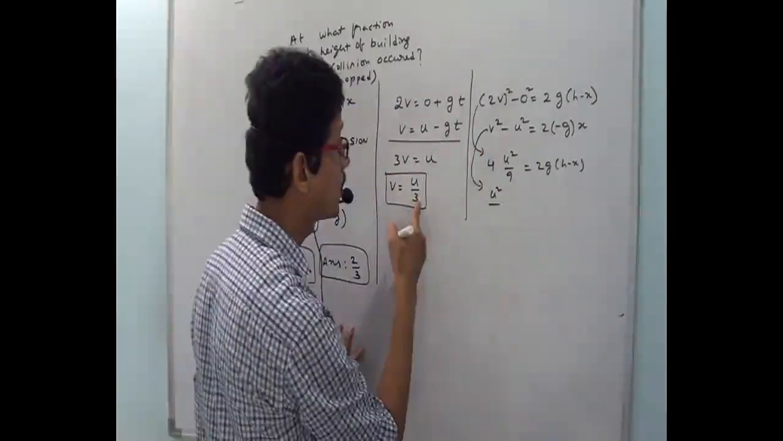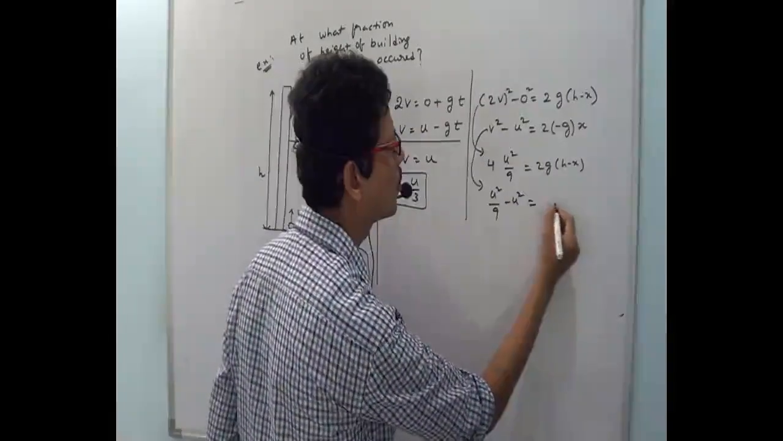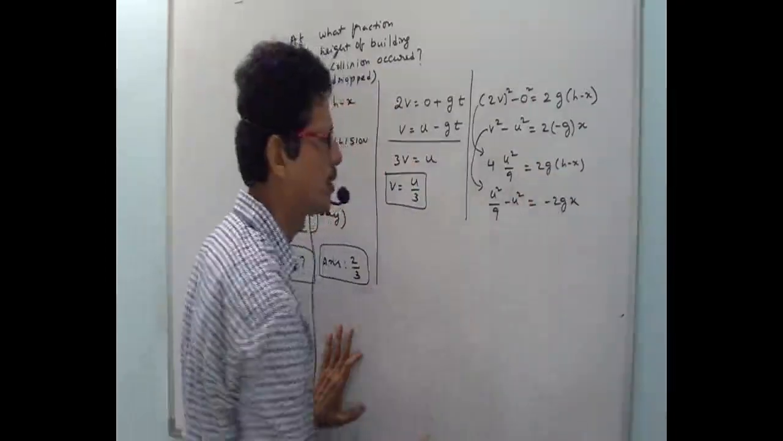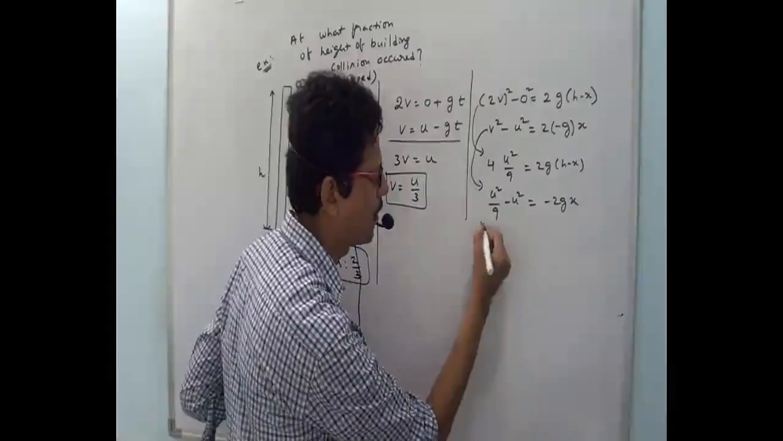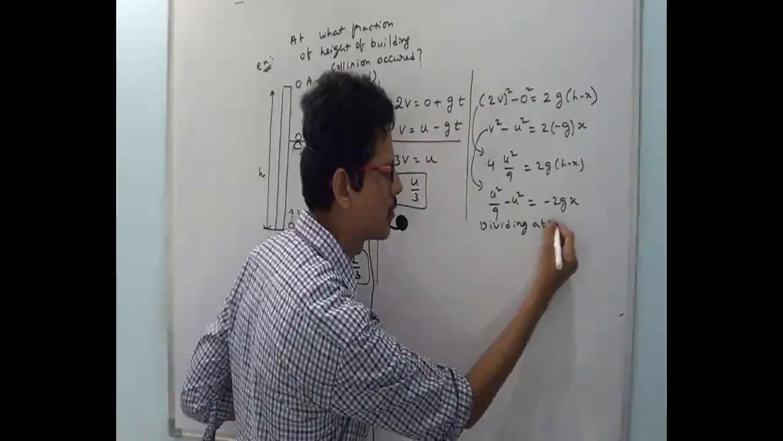U by 3 whole square is how much? U square by 9, na? Minus U square is equal to minus 2GX. I divide these two equations. If I divide these two equations, dividing the above two equations,